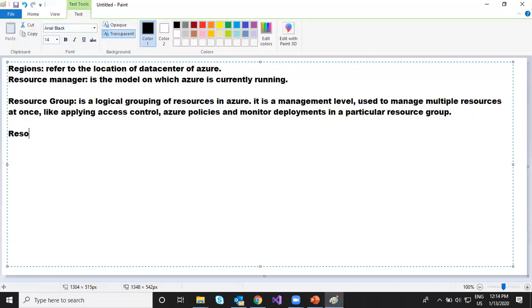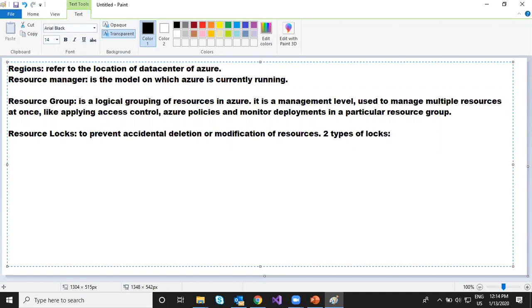It's called resource locks. So this is to prevent accidental deletion or modification of resources, right? There are two types of locks. The first one we have is a delete lock, and the second one is a read only lock, right? So if I'm applying a delete lock, it means that